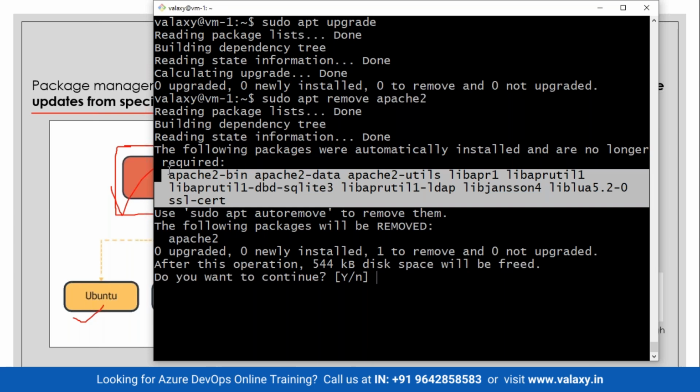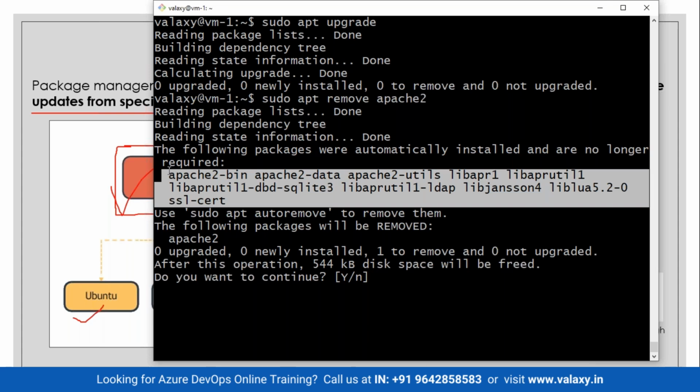There is a way. If you don't want to use apt, you can go to the official website of Apache, get the binary zip file, put the zip file on your server, unzip it, and manually do it. Even that is possible. Manually, if you want to manage, even that is possible, but that's a hectic task. Let me tell you, that is a hectic task because you will end up getting errors because you may end up missing some of the dependencies if you're doing it this way. But the right way of managing packages, installing packages, deleting packages is through utility tools such as apt,